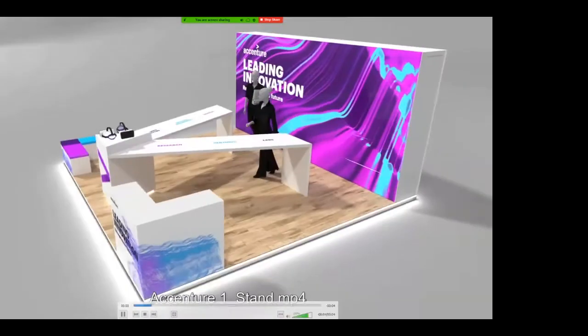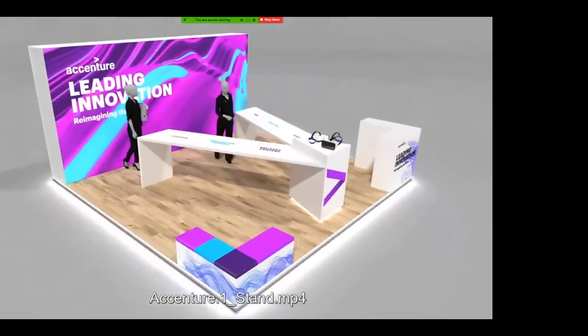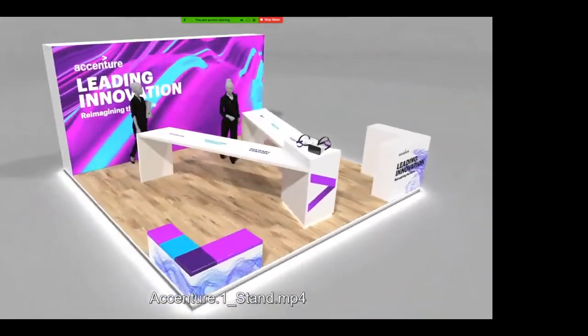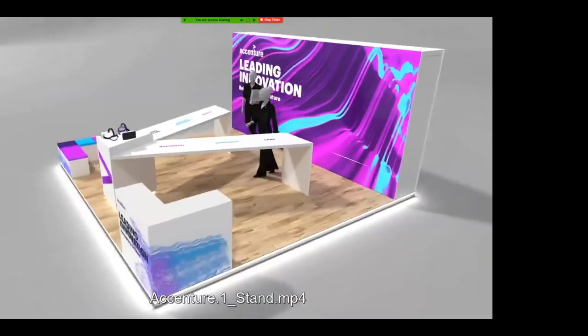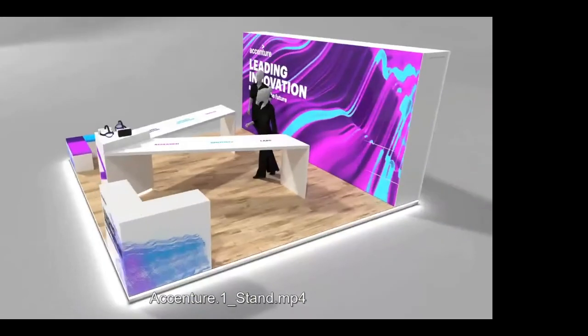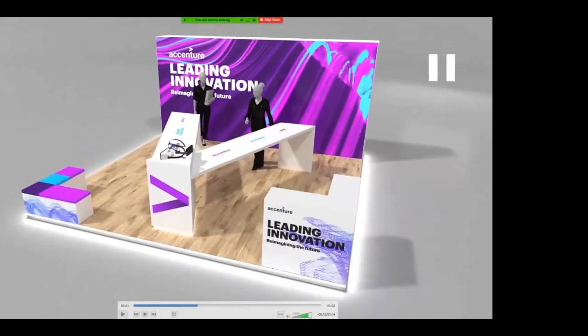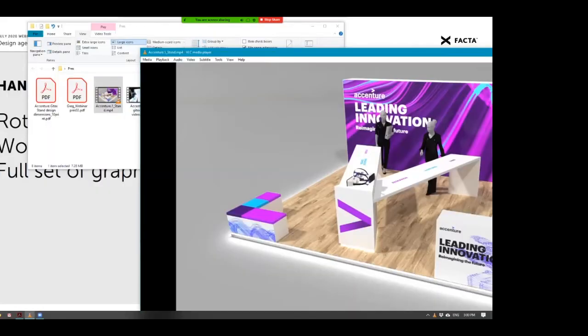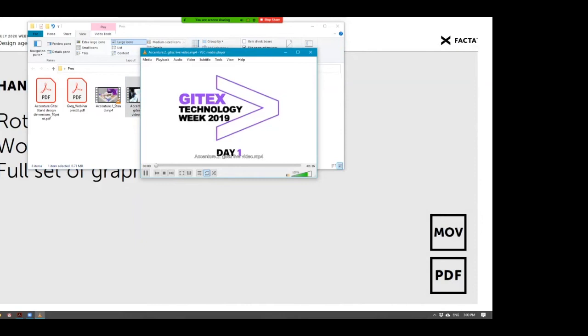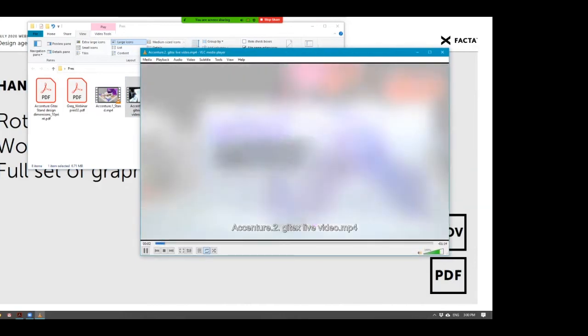So this is the actual stand itself, which had motion graphics running in the background on the screens, and it had an interactive area where you could use some VR tools, and people would be able to help you with your questions. The actual final stand, and I'll just play a little bit of this. I hope you guys